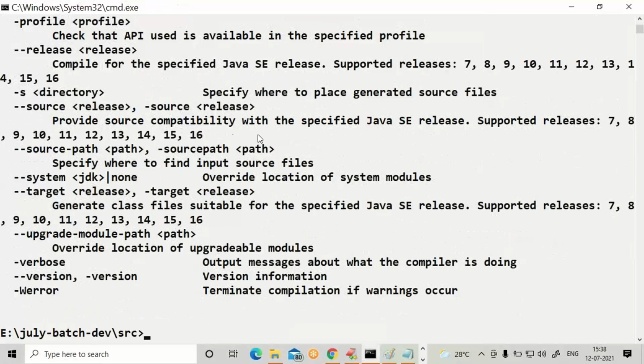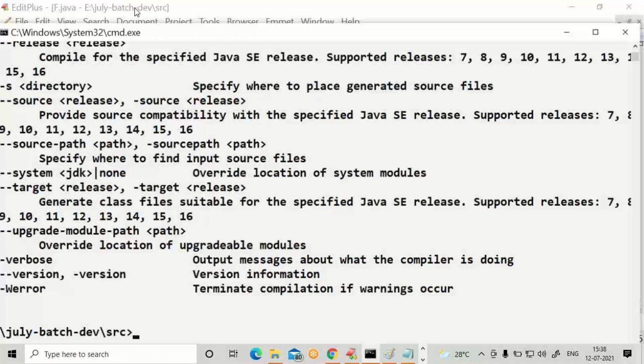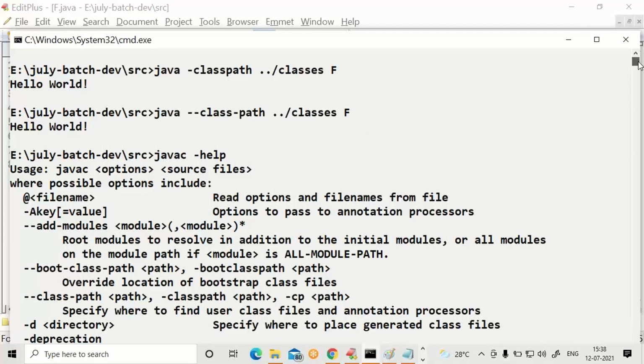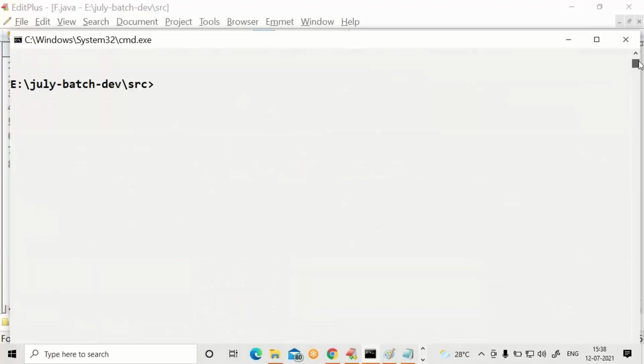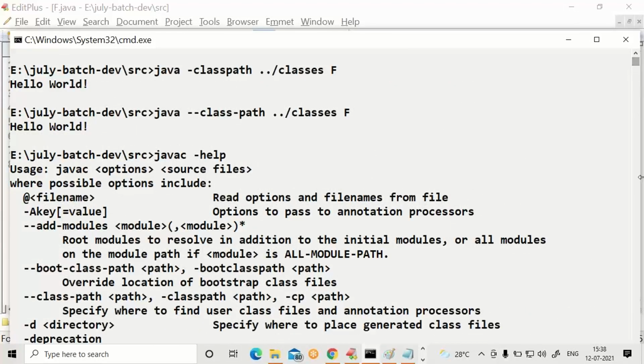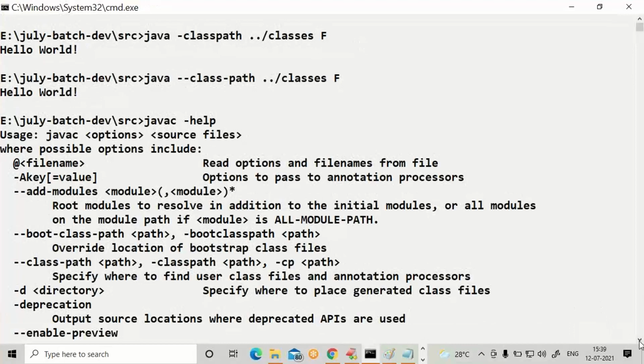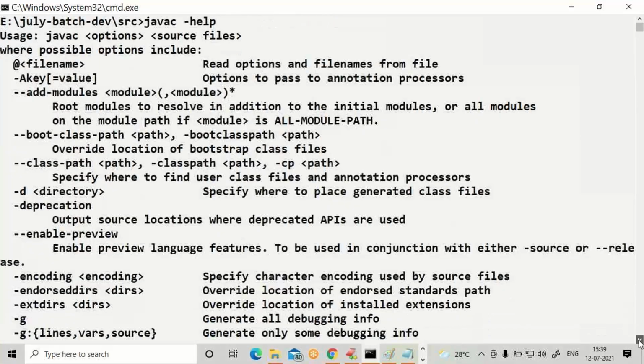You can see a lot of options. Among these, hyphen d you can find. Try finding hyphen d.